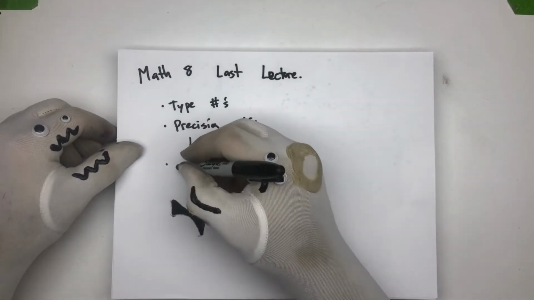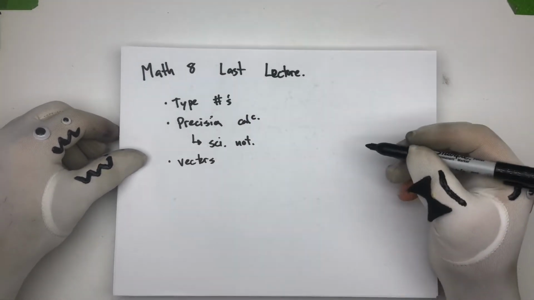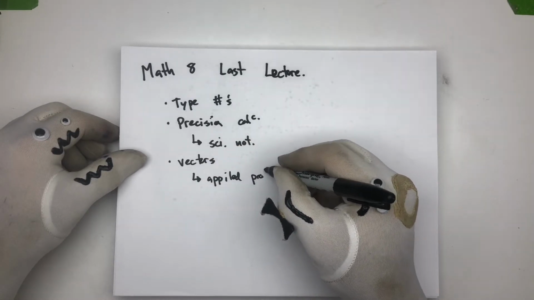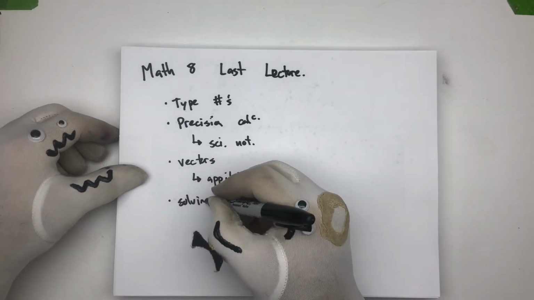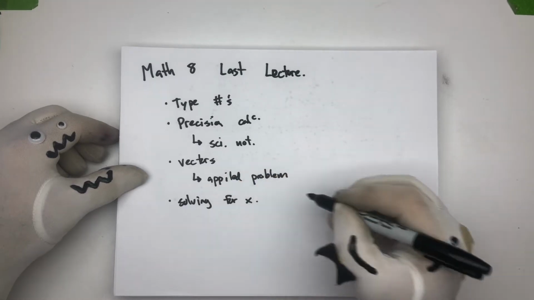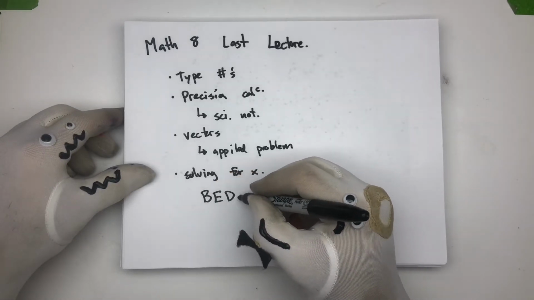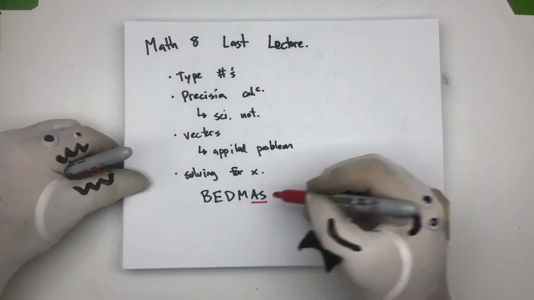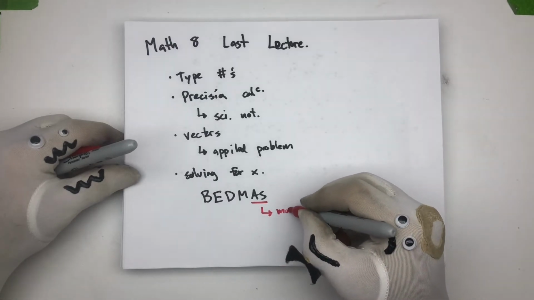After that, we started doing vectors and dimensions, and then we did some vector problems, right? We did the applied problems. And then after that, we started doing solving for x. And we started looking at our rules of BEDMAS. And this is for addition, subtraction, division and multiplication, and brackets and exponents. We started off with the addition and subtraction, and from that we said we have to move terms around, right? We move the terms